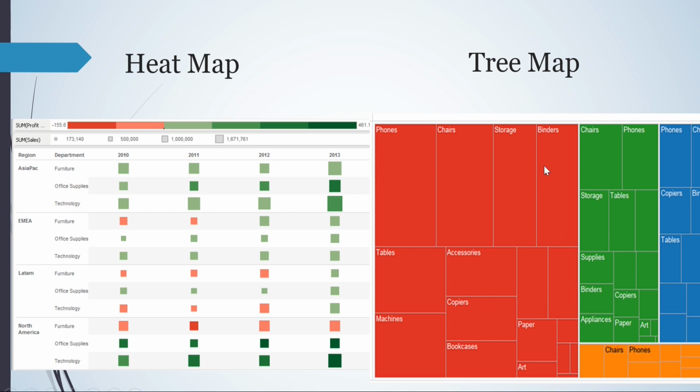So we have three categories, or suppose four categories now. This green one is a category, this blue is one category, and this orange means one category. And if you see, there are some sub levels or sub squares. These sub squares mean this category has some subcategories, so that hierarchy is represented in this tree map. Okay, so this is a tree map.